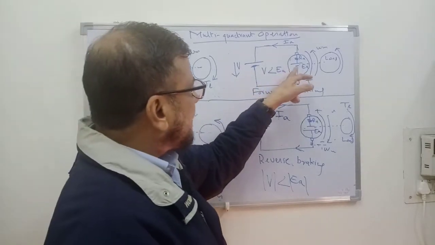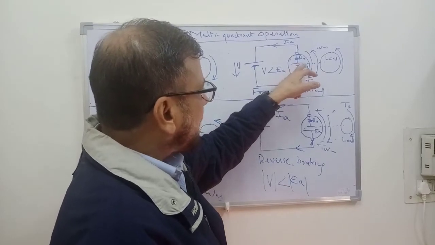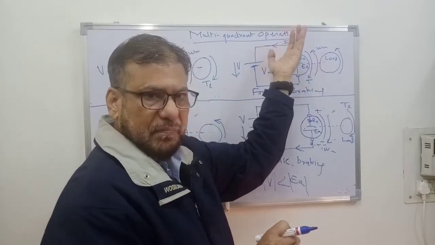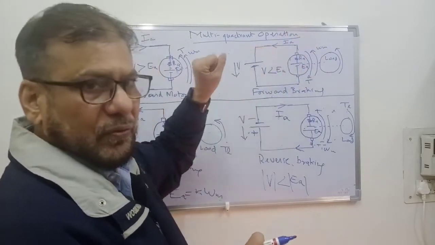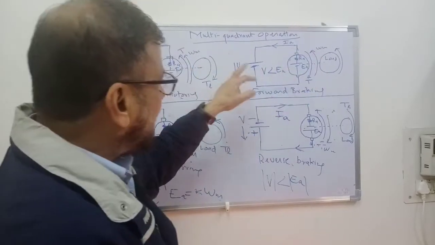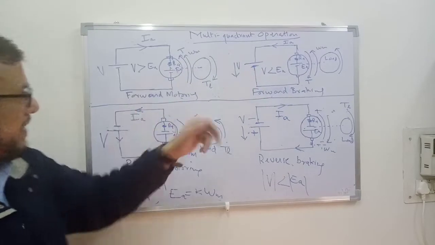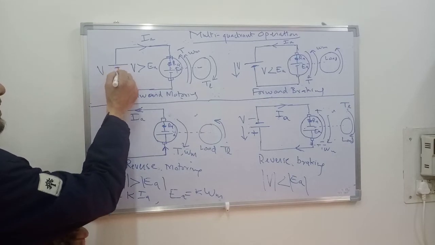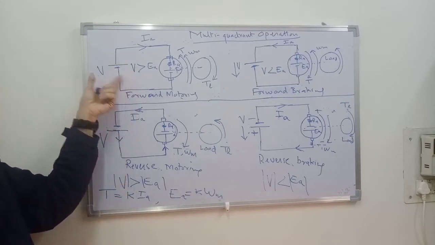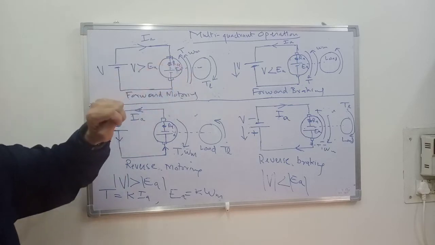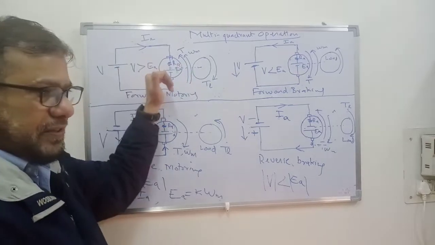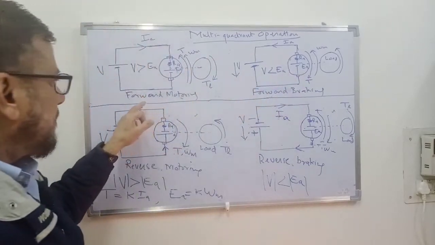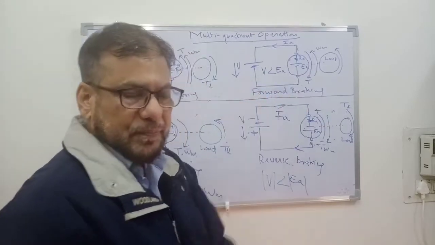And now you can see that energy comes out from this positive terminal of back EMF. That is, the mechanical energy is now released by this machine and it is absorbed by this source. So this becomes a generator where the source becomes a sink now. In the previous case, in the forward motoring case, current comes out from the positive terminal of the supply. So this is the source, it is supplying energy, and this is absorbing the energy, converting electrical energy into mechanical energy and supplying to the load. So these are the two possible modes: forward motoring mode and forward braking mode.